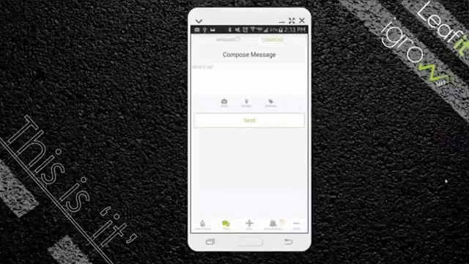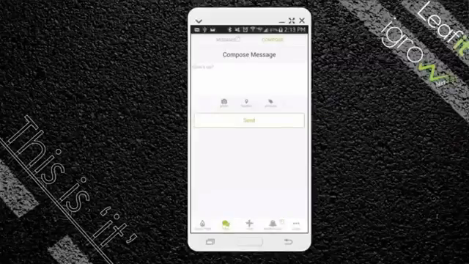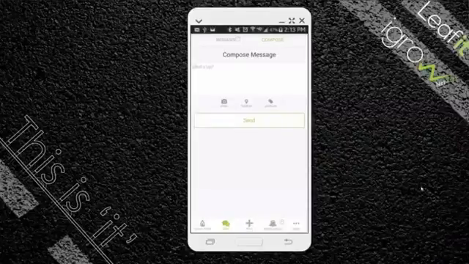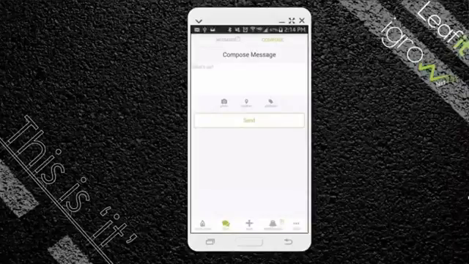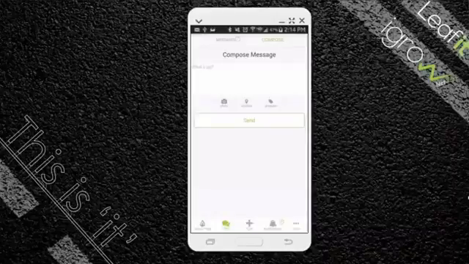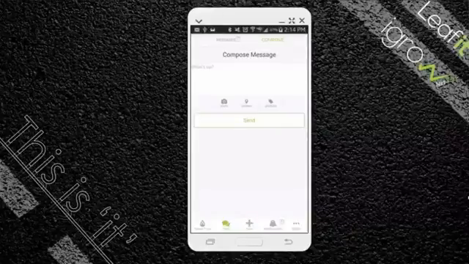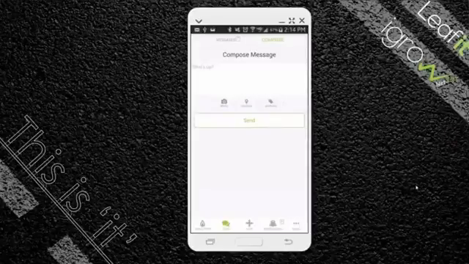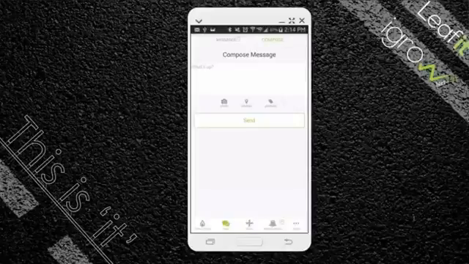But what's really cool about our chat app is that it's going to allow you to tag products. So let's say somebody wants to go shopping online, they'll be able to share their shopping experience privately through a message. Let's say that Paulina wants to go shopping with Elizabeth online. They'll be able to chat and send each other stuff that they're finding that are good deals, and also make commissions when each other buys from those and get cash back on all of those purchases. So that's something that we're going to do. We're going to have cash back on all purchases and commissions, obviously, on all purchases as well.